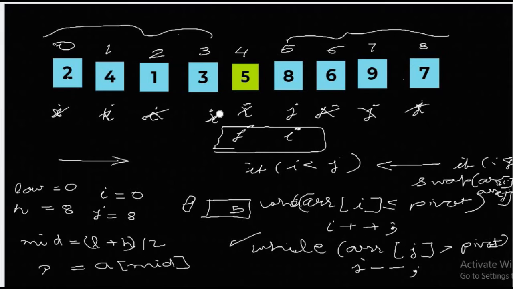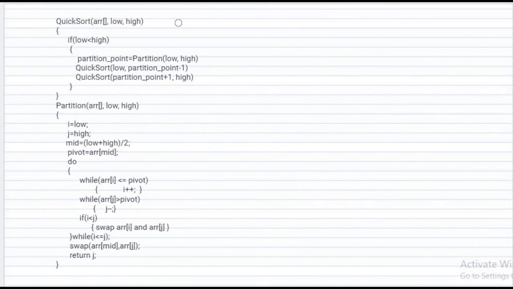So in this way we now have two sub arrays and we will apply the same strategy to this left sub array as well as to this right sub array, and in this way subsequently we will have a sorted array. All right. So now I think it is time to check the algorithm. So this is the algorithm, basically the quicksort algorithm.